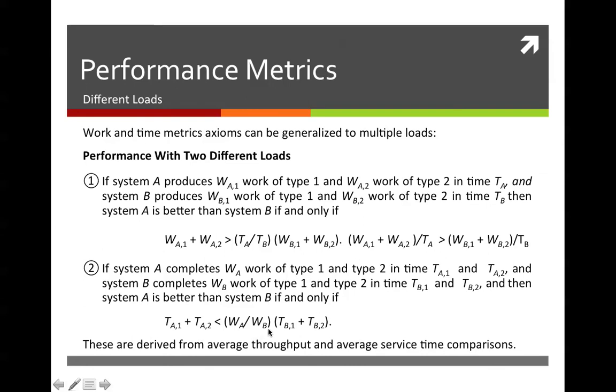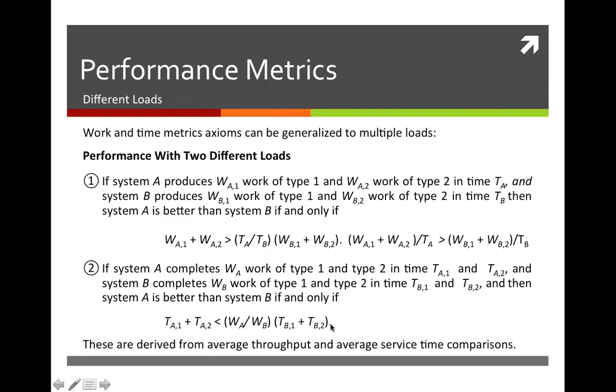And that we compare to total time taken by system B divided by work. And now we're just comparing the service times in an average sense. And again, if we don't really care how much work gets done, but only the amount of time that we get it done, this will not factor into the argument. We might as well assume that they are the same, and all we do is look at the total time